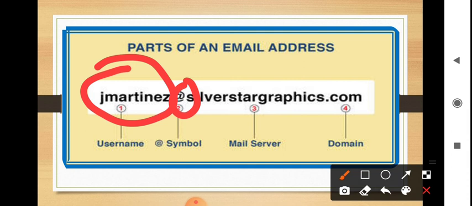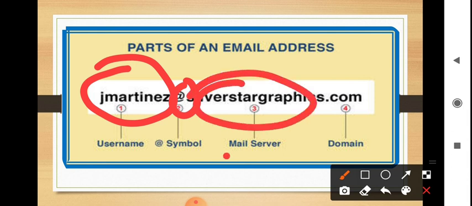You can press the sign with the help of the shift key, and that symbol is read as @. Now this is your mail server, and .com. The mail server can be Gmail, Yahoo, etc. So that is the mail server, or you can say the service provider. .com, that is your domain.